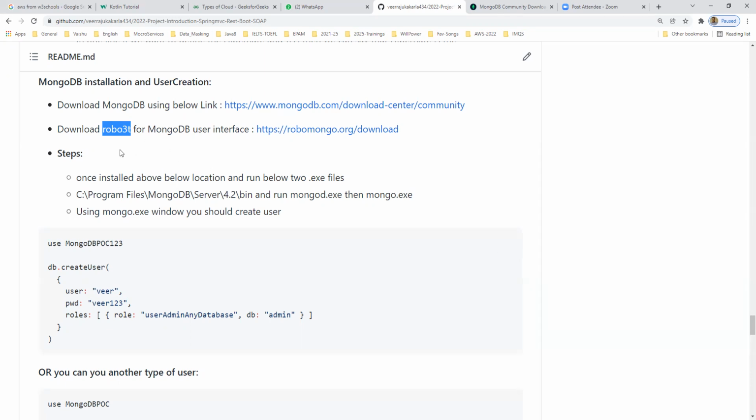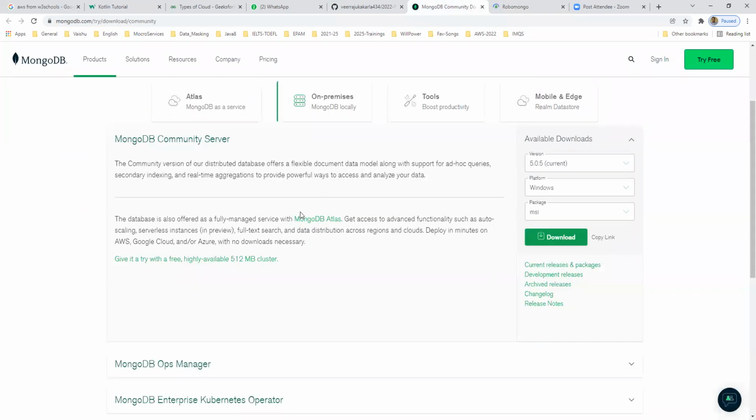So if you want to see that on a graphical user interface, you can download Robo 3D for MongoDB, right? You can download Robo 3D here. So it will come, give me 1 second. After downloading,